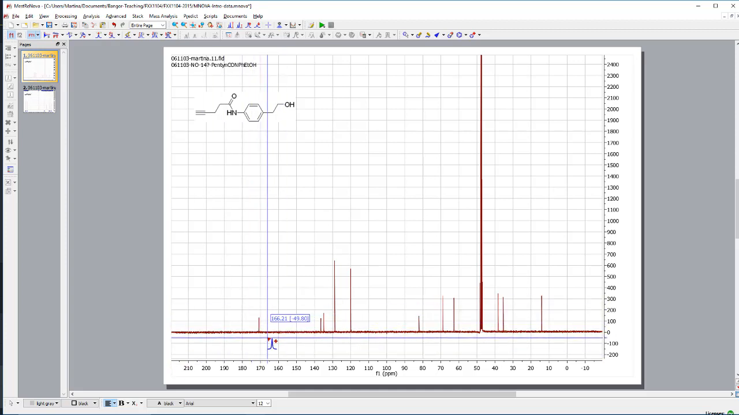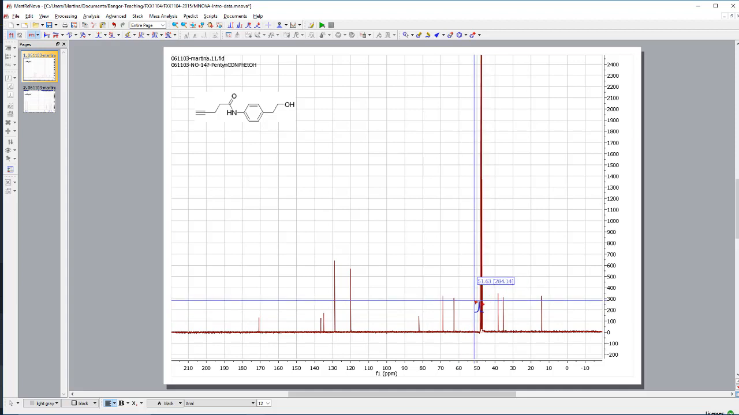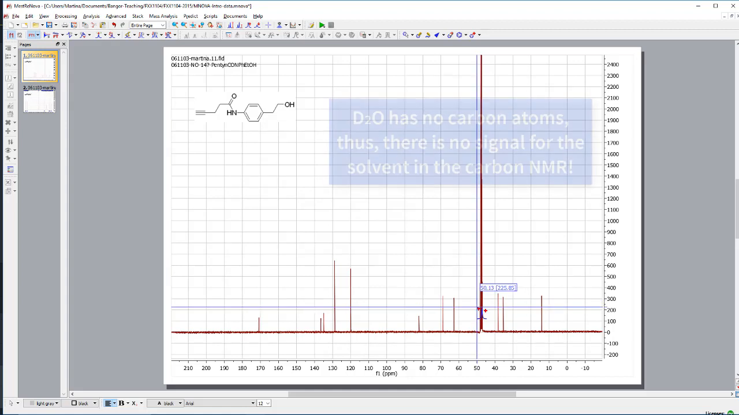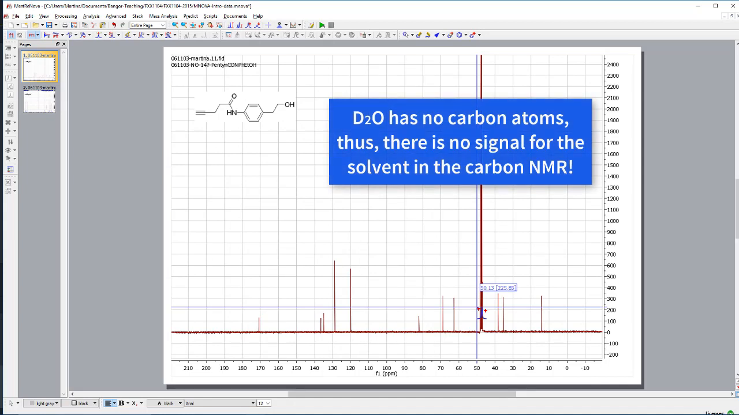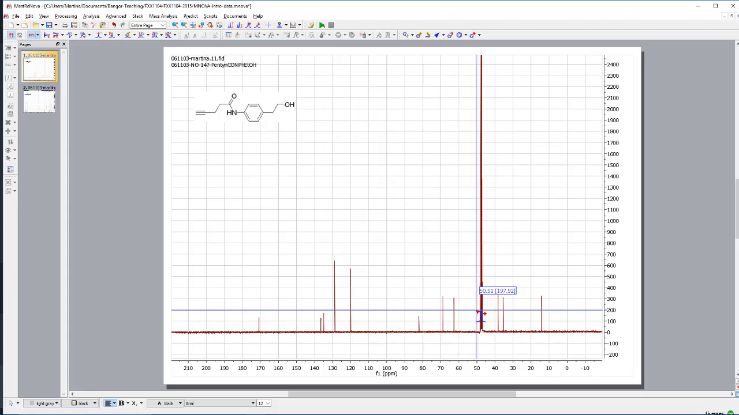I see also peaks of different length, and I see here a bunch of peaks. I can tell you the bunch of peaks are actually from our deuterated methanol. We don't see the water here. Why don't we see the water? Obviously there are no carbon atoms in water, so we won't see water. So whenever you use water as NMR solvent, deuterium oxide, you need another reference compound, otherwise you have nothing to